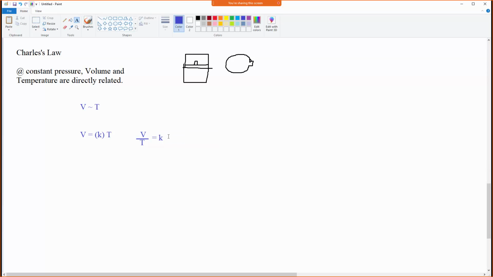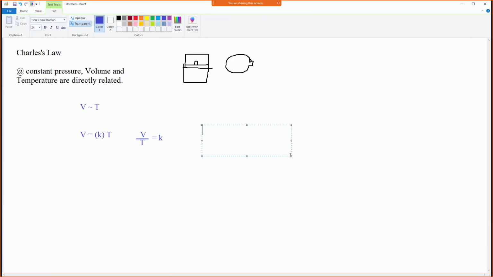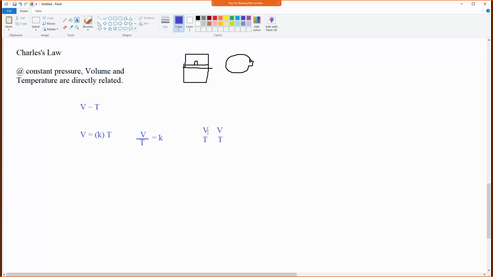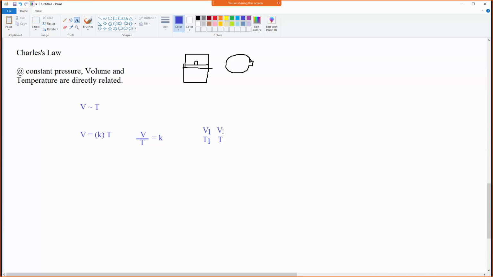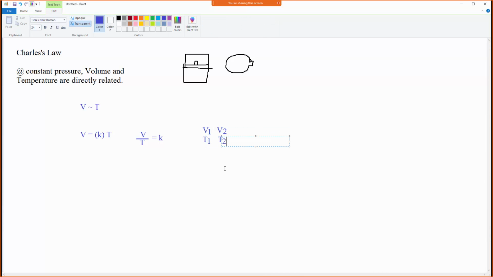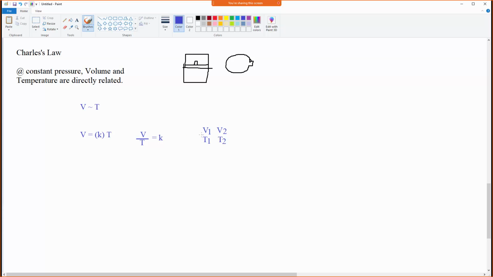Which means, because that's constant, my initial volume divided by my initial temperature is equal to the final volume divided by the final temperature. So this is the same kind of math that we've been doing